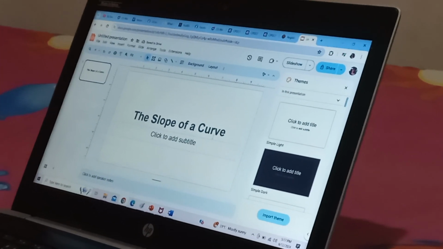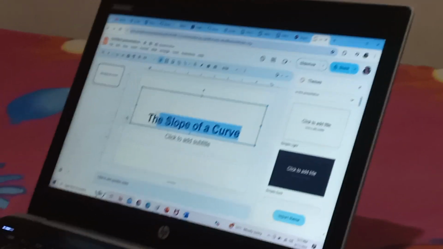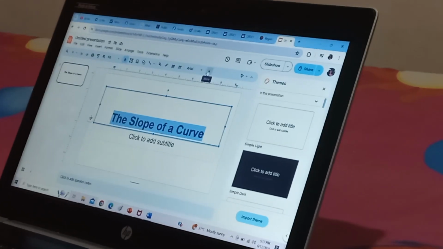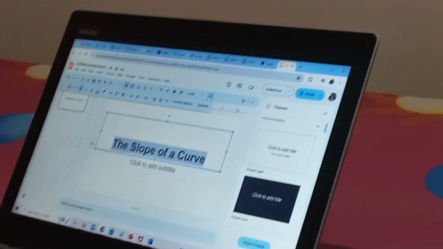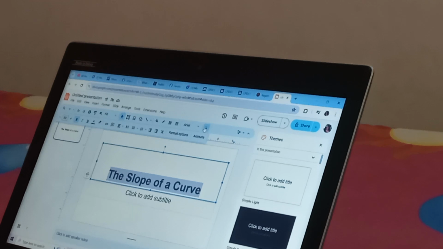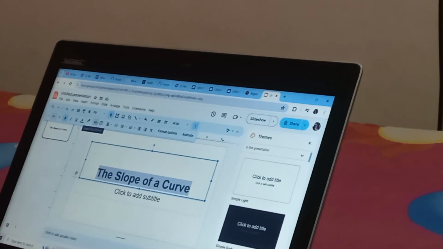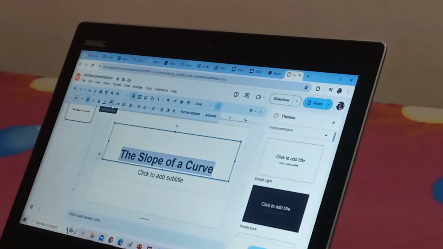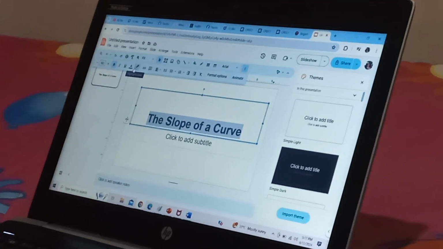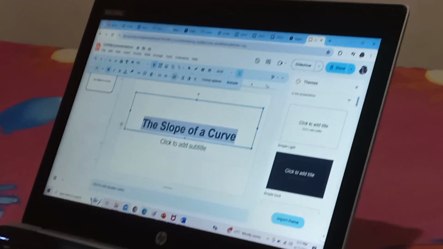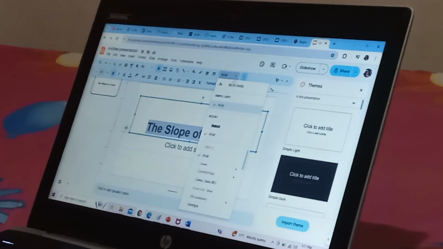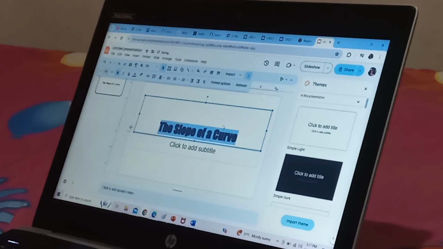Then if I want to change the font style, I still click these three dots to see the icons for the text. Then I want to change the style here, then choose Impact.